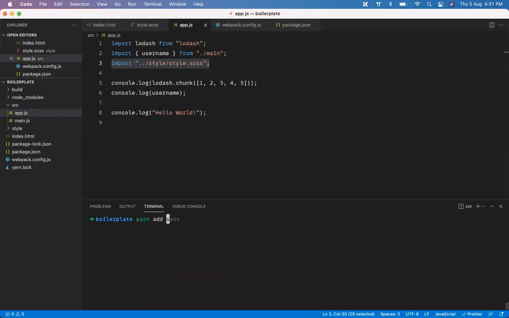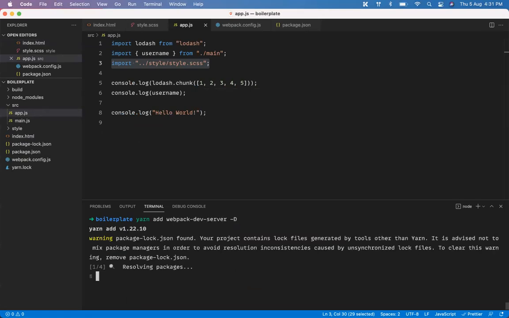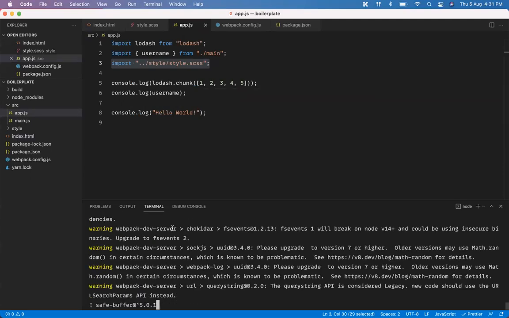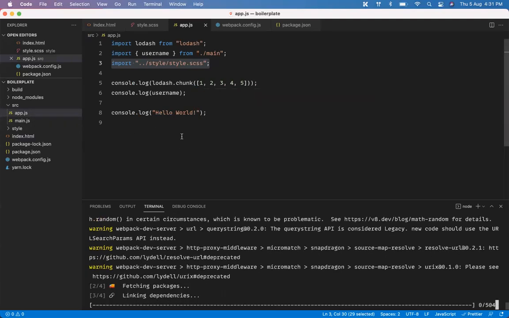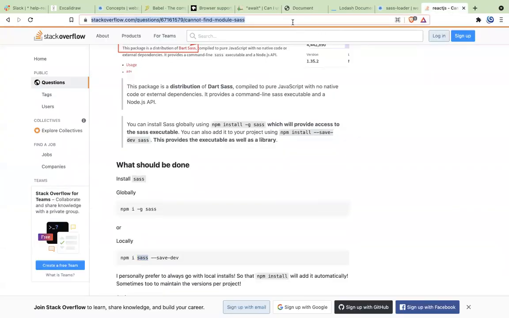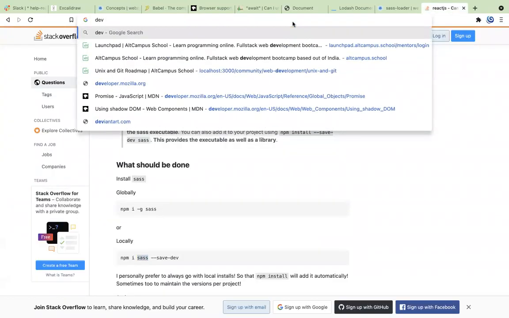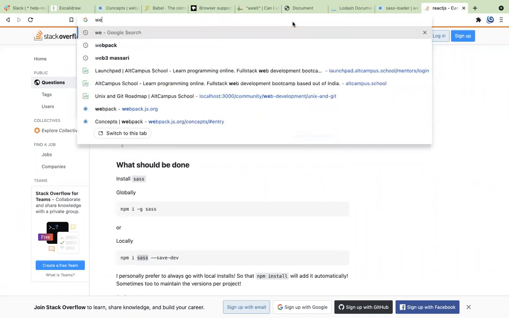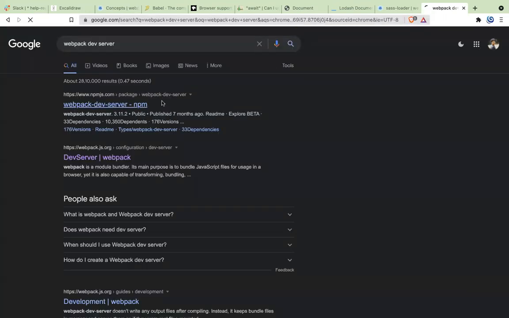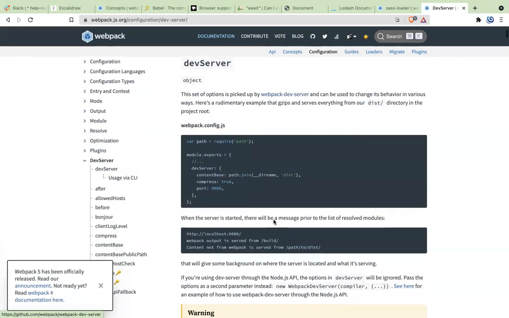And that package is known as Webpack Dev Server. What Webpack Dev Server does for us is, rather than doing the whole process again and again, like creating the bundle, linking it, opening the file and refreshing it, you can use Webpack Dev Server, which will create a server and re-render the whole thing by itself. So let's just look into it. If you go into Webpack Dev Server, all you have to do is basic configuration and it will start working.